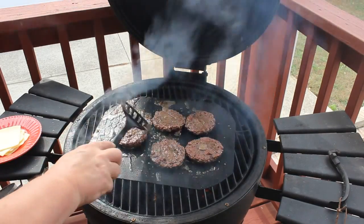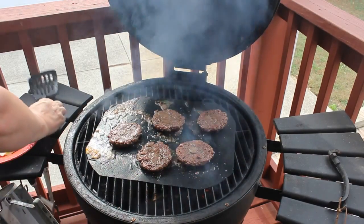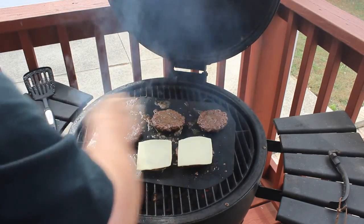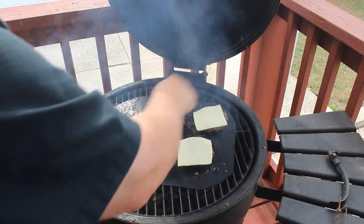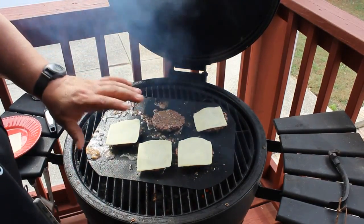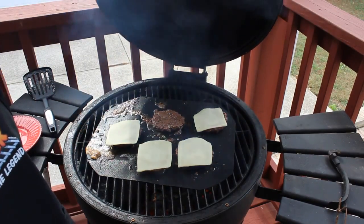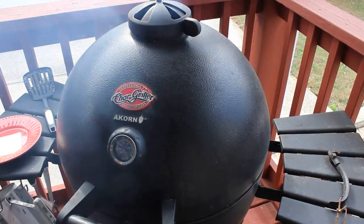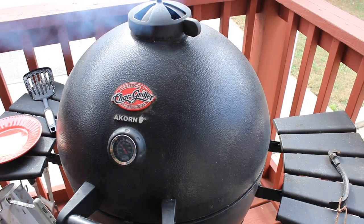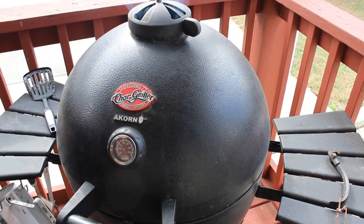And what I'm going to do here is put cheese on a couple of these. Well, I know my son Stevie's coming over. And Sheila likes her burger well done, so I'll make sure I leave her a nice one in the middle there. I'm going to put cheese on 4 of them because I like mine just kind of pink in the middle, maybe even medium rare. You got to make sure you got good quality burger. You don't want to get any mad cow disease or anything, but we're going to pop them in there, and it won't be 5 minutes, and I'm going to open that up and show you what's happened to that cheese in there. All right, and I'll put cheese on Sheila's after